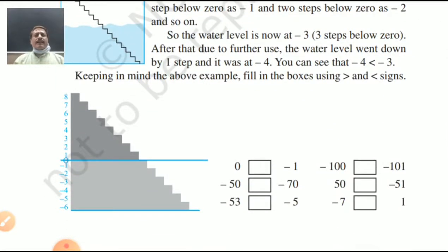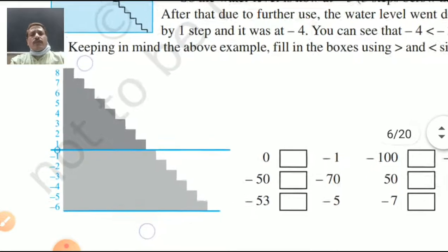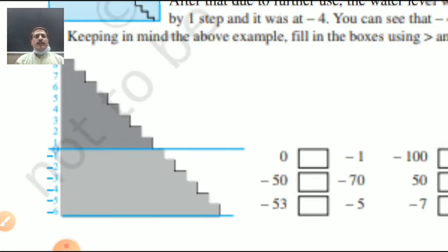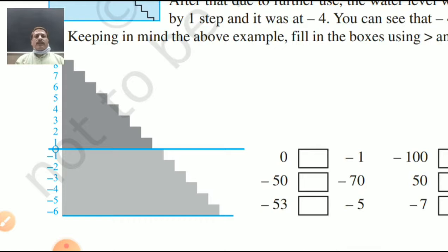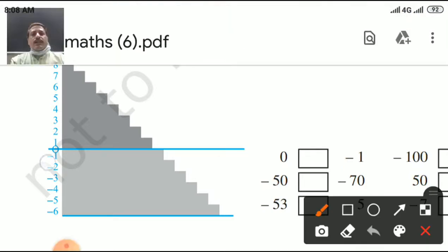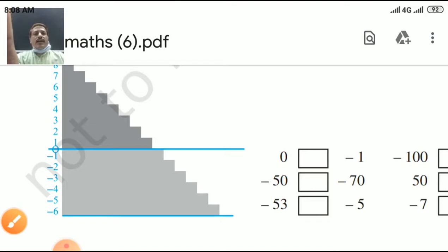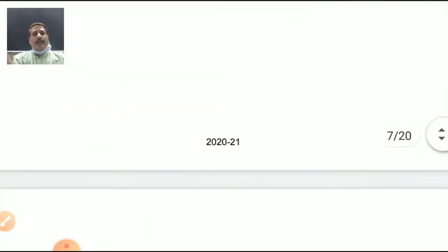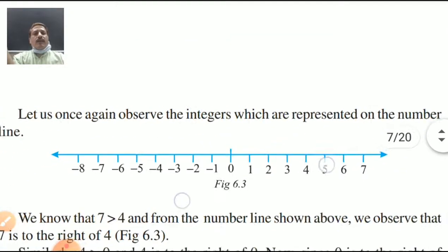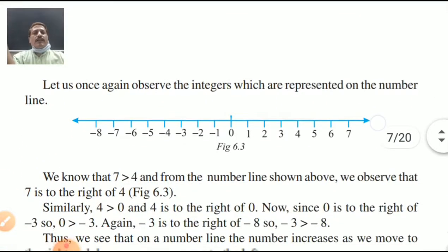See, the levels are given here. You can find one good exercise given. Minus 1, minus 2, minus 3, minus 4. Is it there? Yes, these are the minus numbers and these are the positive numbers. Yes, my dear students, where you will find the numbers written, the minus numbers are downside, and it is a vertical number line. Very good, students. And this is the horizontal number line. You know 7 is greater than 4. Yes, so 7 is coming on the right side of 4. Yes or no?